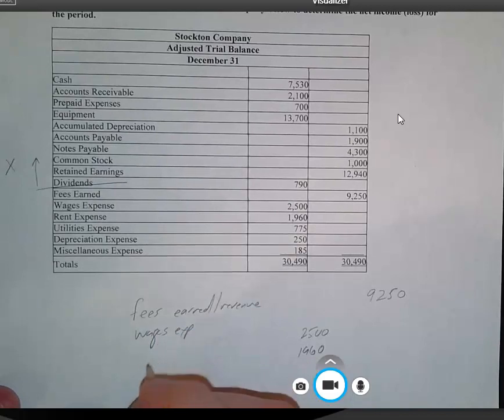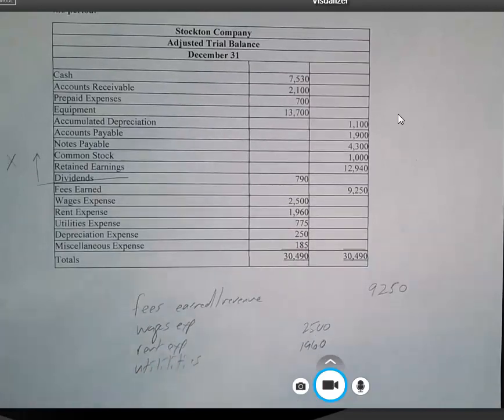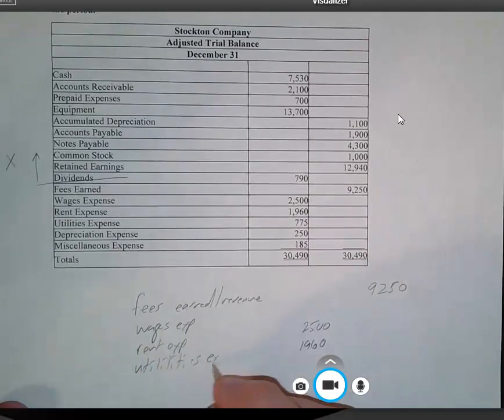Wages expense. Then we had $19.60 rent expense. Then we had utilities expense of what was it, $775. We had depreciation expense of $250, and then we had a miscellaneous expense